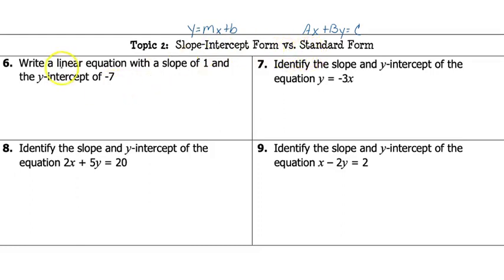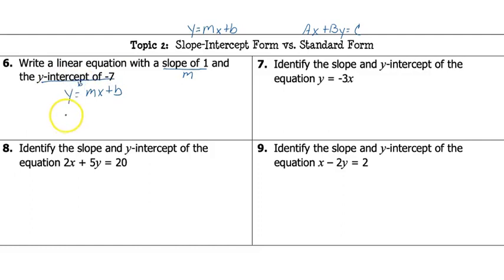So number 6 here, write a linear equation with a slope of 1 and a y-intercept of -7. Well, that just means I'm going to take the slope-intercept form, and I'm going to plug that in. I have a slope of 1, well, that's my m, and I have a y-intercept of -7, that's my b,